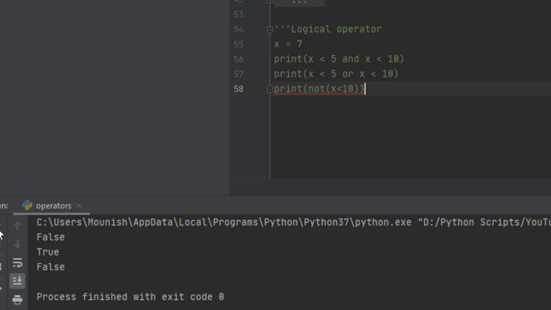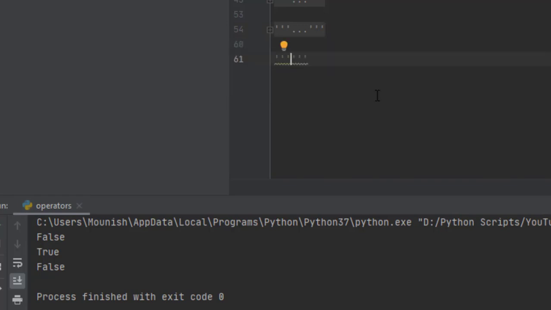So I'll comment this out. I'll not be needing this for the next operations. Yes, now the next operation is the identity operation. The name itself tells everything, there is no need of an explanation. What is it identifying?